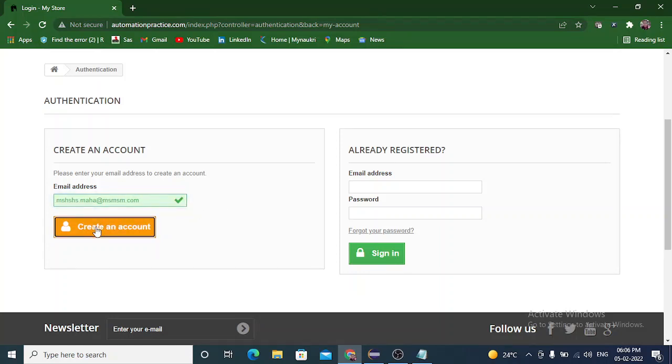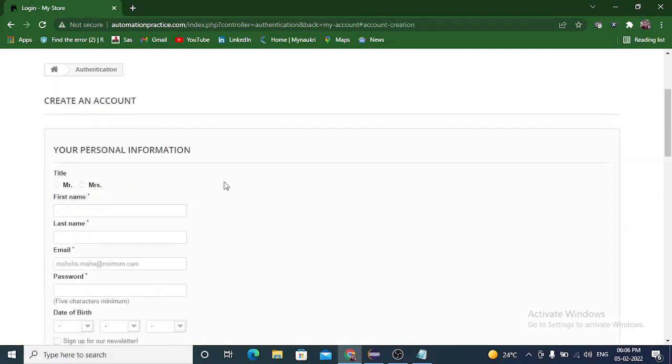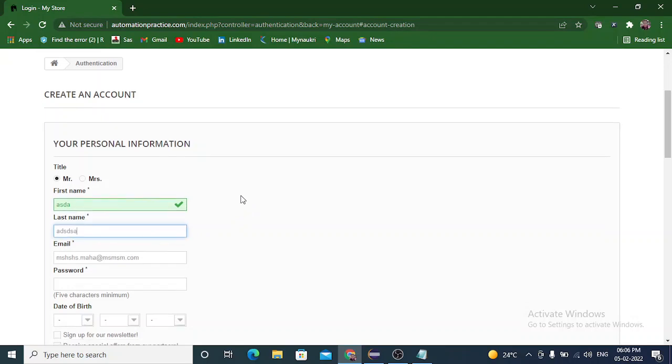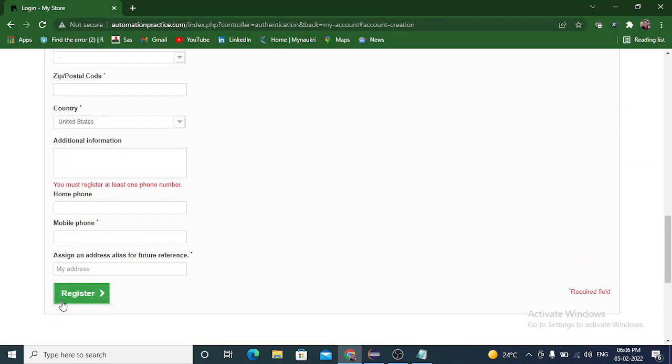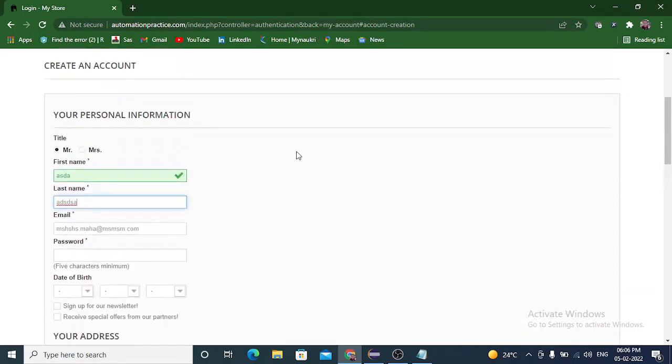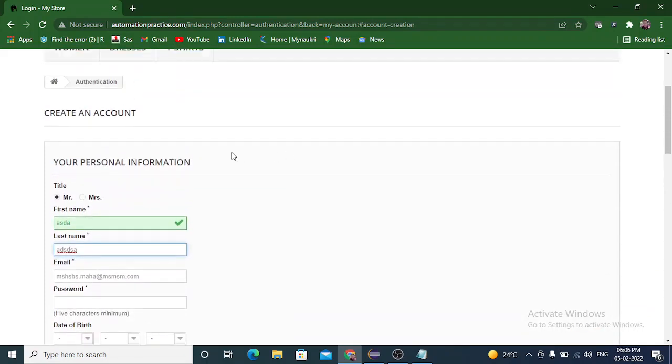Then click on create an account. Then we'll fill all these details and click on register. Then it will show a successful registration page to us. So we'll automate up to this.